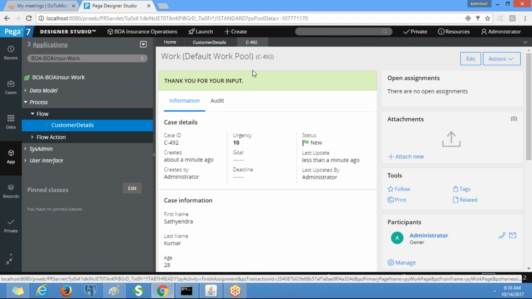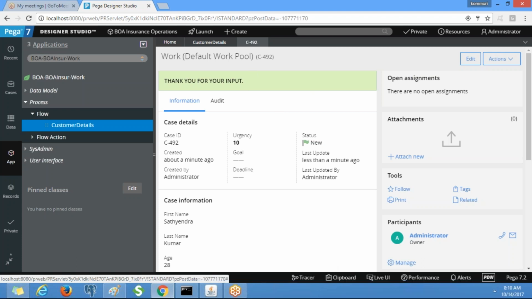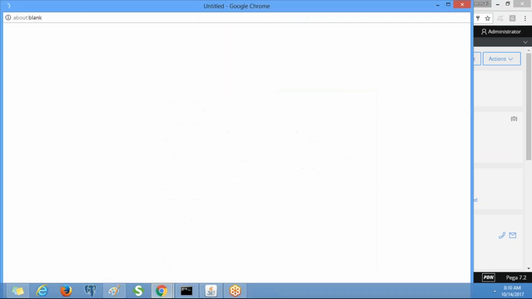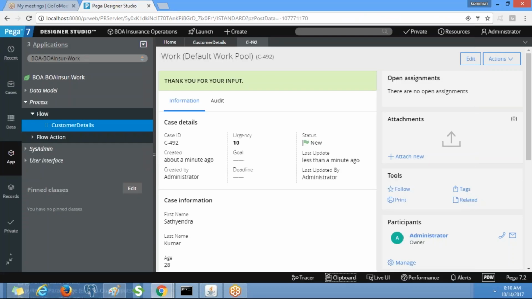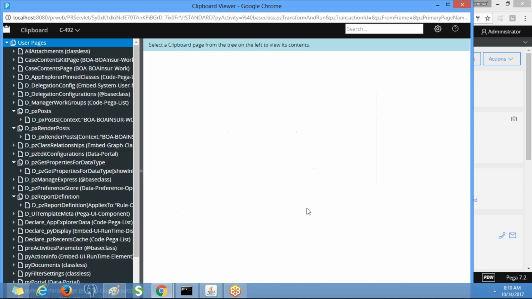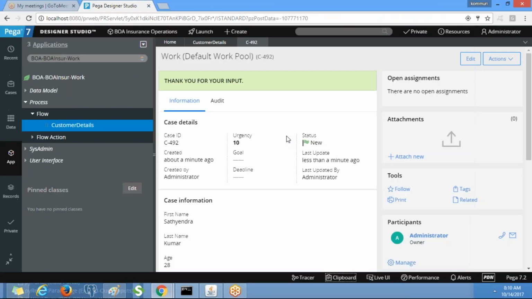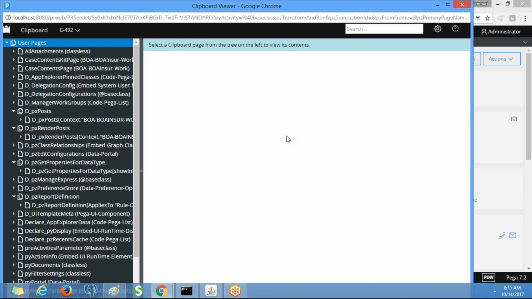So we can see all those details on the clipboard. This is the clipboard, available under the bottom toolbar. Now you tell me on which page these details will be available on the clipboard. Yeah, py work page.